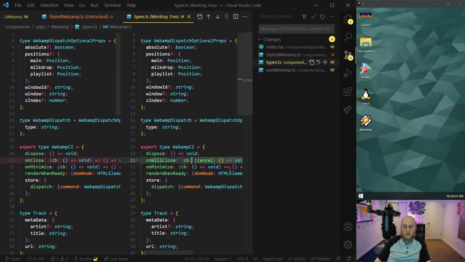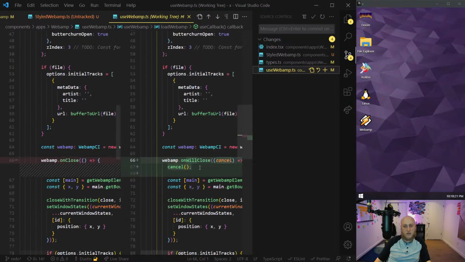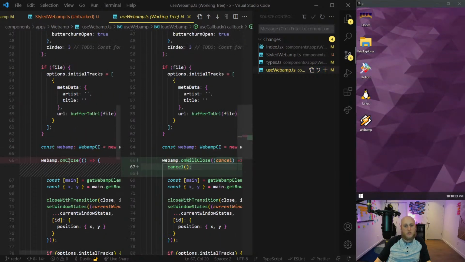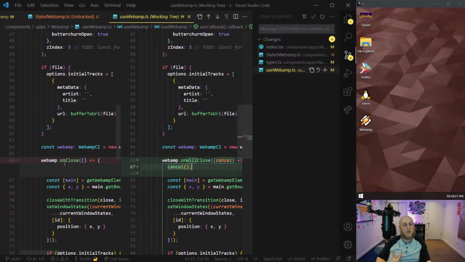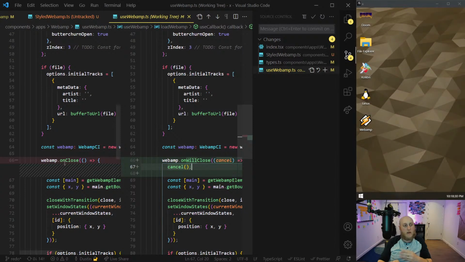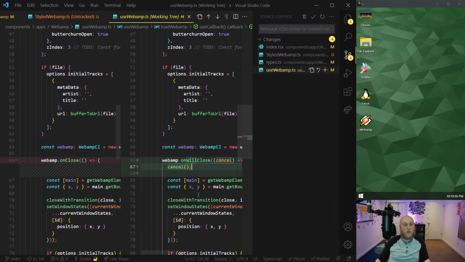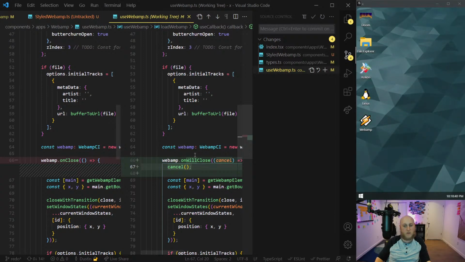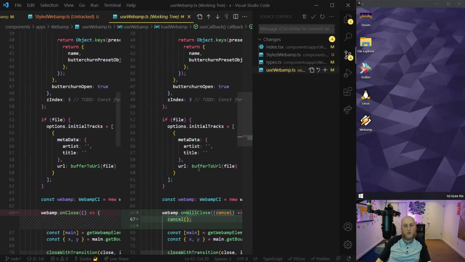So, anyways. On will close, we added that, right? We tweaked that. That was a nice little minor tweak, just instead of on close. This was actually wrong always, the way that I was doing it, because I didn't realize that Webamp tries to do some stuff on close and clean up the DOM a little bit. And I never really wanted that to occur anyways. I hate the way that it's doing the DOM, and I wish it would just pass me something that I could better link. There's probably some React component for it, but what I made here is good enough.